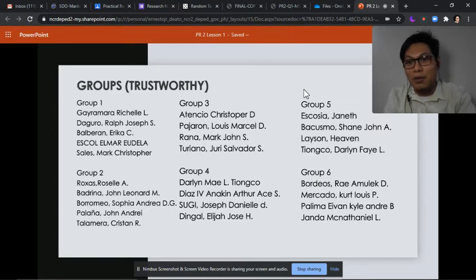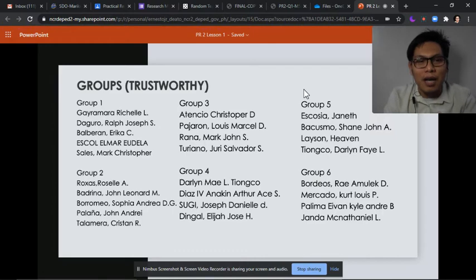Especially dun sa mga bago, ganun po talaga ako kapag binuo ko yung grupo at nag-away-away kayo, magkakaproblema kayong lahat. So please, pakiingatan po yung ating mga groups na sana until the end ay group pa din kayo. So until the end, sana lahat ng group members ay tumulong kasi kilala niyo ako, hindi ako nagbibigay ng grade sa hindi tumutulong.